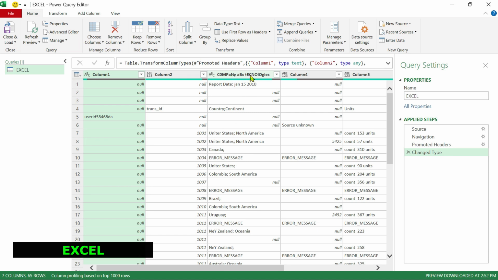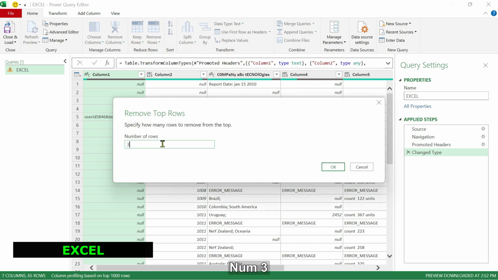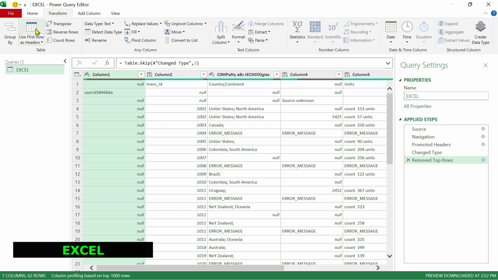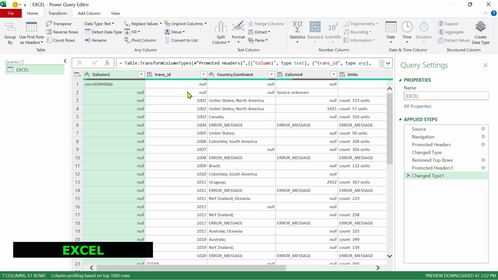So now I actually don't have to remove the first 4 rows. I have to remove the top 3 rows. And you can also see that the buttons are not in the same location, because for remove rows, I can remove the top rows. Now I'm going to remove 3 top rows. Okay, now let's make the first row the column headers, and I can do it using the Transform tab and then use first row as headers. Okay,